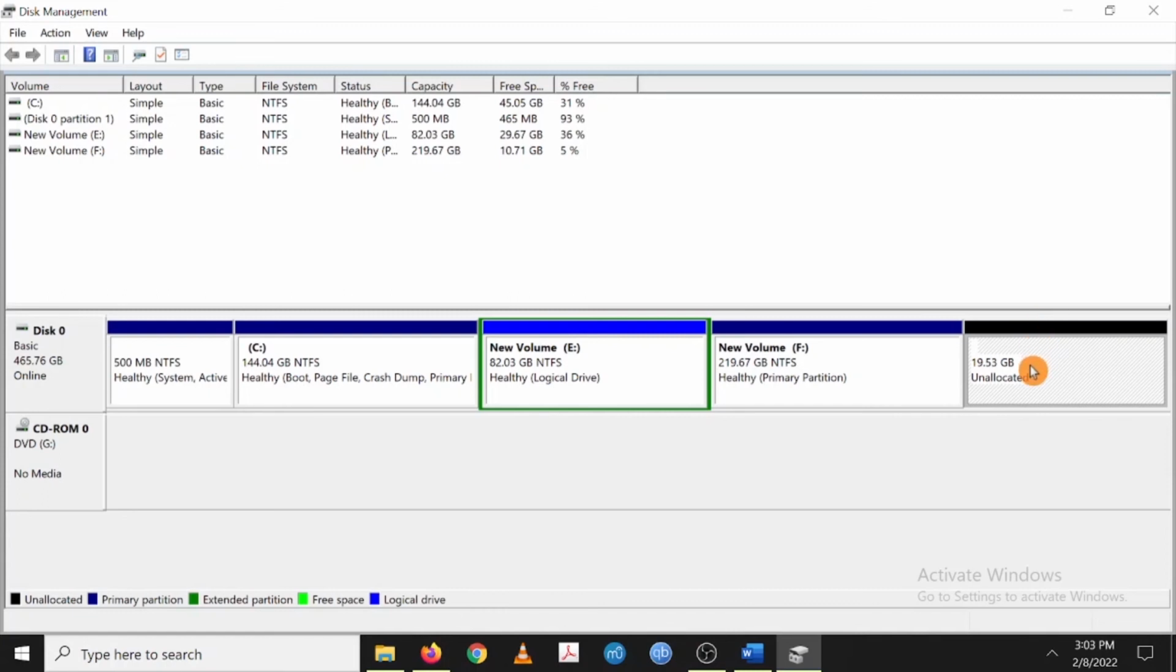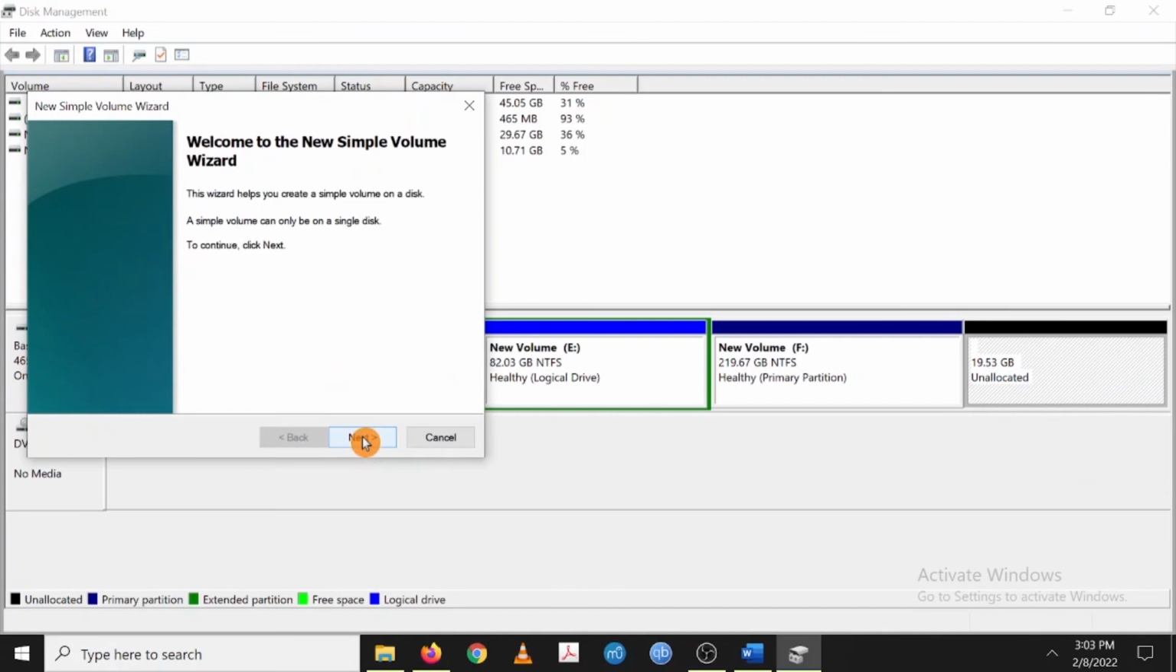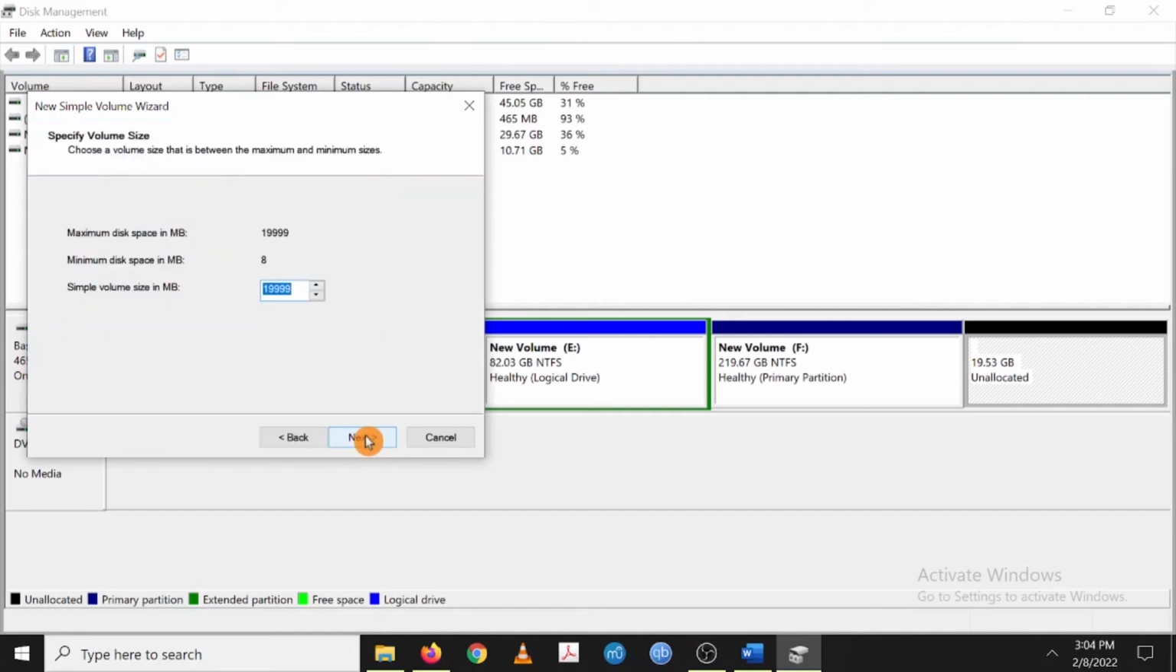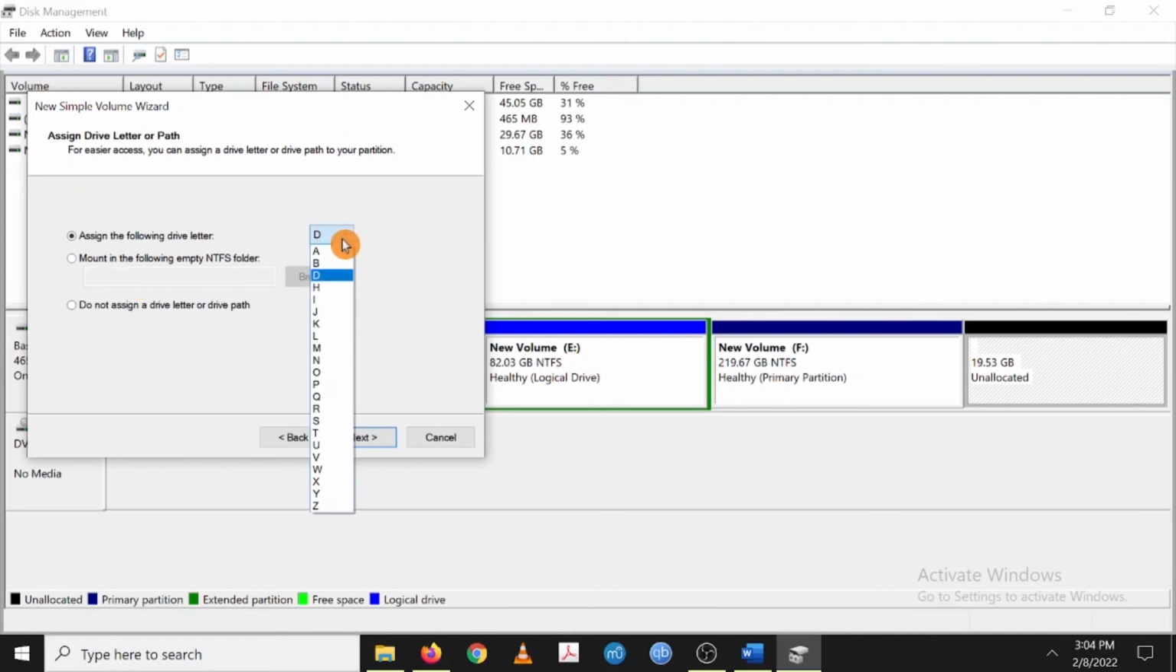What you do again is right-click on it and choose New Simple Volume, and then the New Simple Volume Wizard will help you create and format that drive. Just go to Next, and for the simple volume size, leave it at the default. Next, and then assign this drive another letter. For example, my drives are C, E, and F. I want to assign it a different letter from the ones I have. I can just give it M,